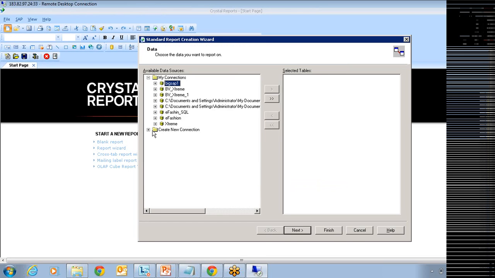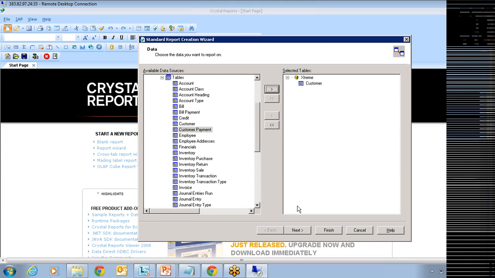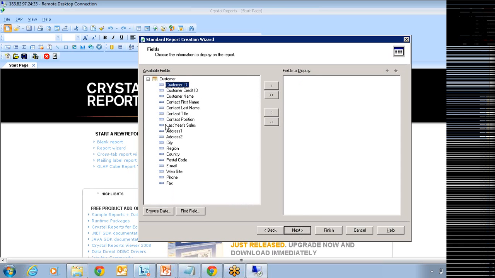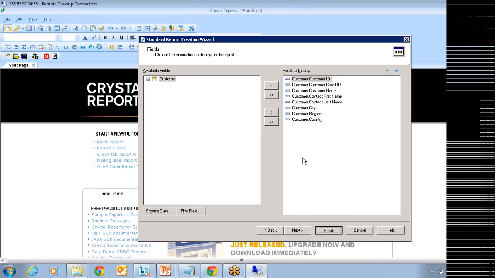So here I'm going to choose one table, which is the customer table. Click on next, and I'm going to add some fields. Finish.